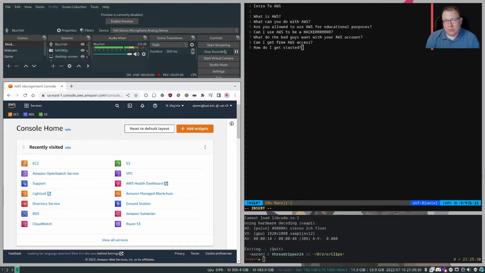What do the bad guys want with your account? You can use the systems to stand up any number of resources. The sky is kind of the limit, and there's not a lot that you can do to prevent somebody who has root access to your account from being able to cause an incredible amount of damage. So it's very, very vital that you take care of your username and your password, that you deploy two-factor authentication, and that you keep your information secure,